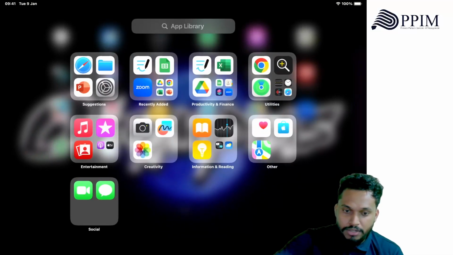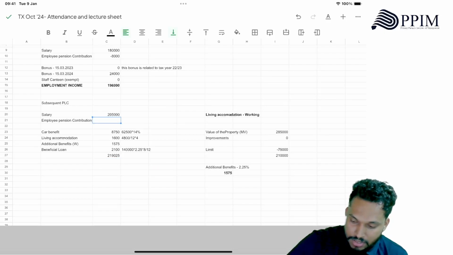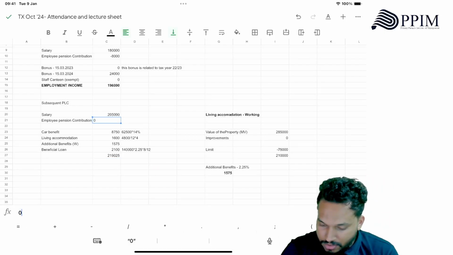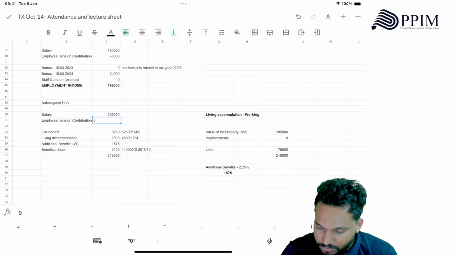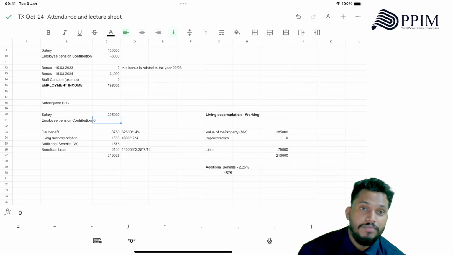Fine. Now going back to your calculation, to your sheet, your occupational pension scheme is 0. Does that 9,000 mean they are paying a separate income, or is it deducted from the income itself? They are additionally paying it to them. Separate.